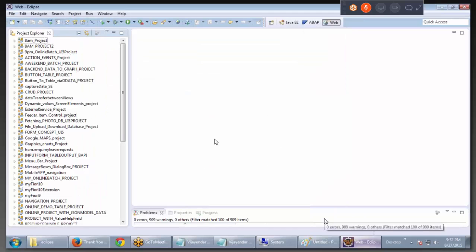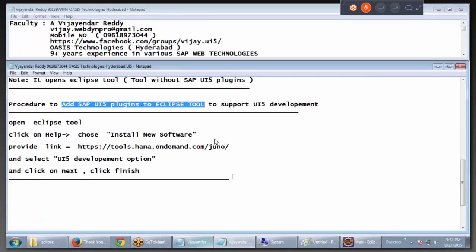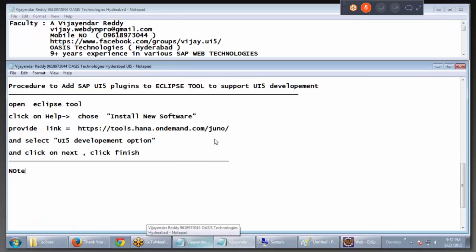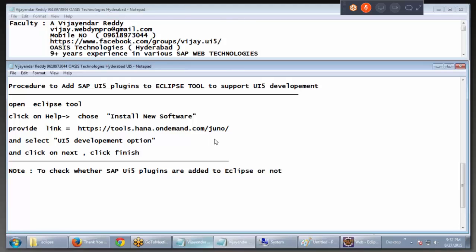But what is the guarantee that the UI5 plugins are successfully added or not? What is the guarantee that UI5 plugins are added to the Eclipse tool or not? So let us understand that. To check whether SAP UI5 plugins are added to Eclipse or not, what you need to do is